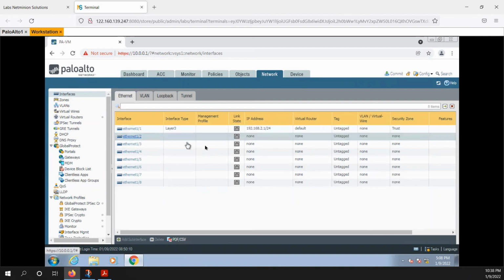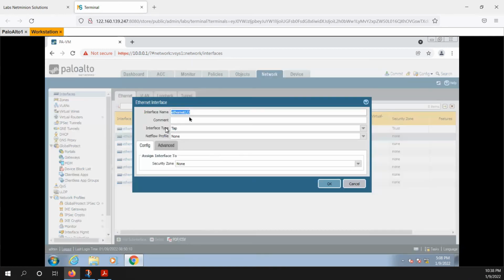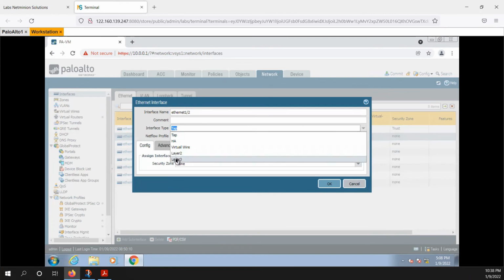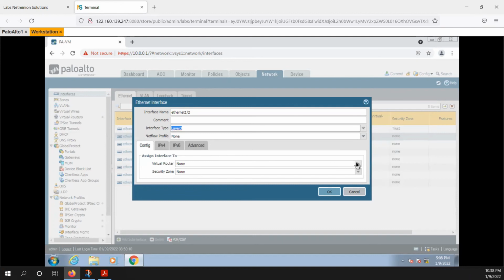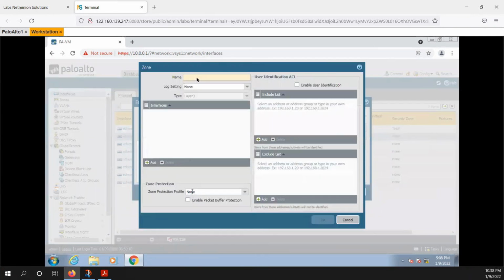So let's go to Ethernet 1/2, and let's assign an IP address over here. So for that, I need to configure this as layer 3. Need to assign it to the particular virtual router. So this would be part of the default virtual router, and for the security zone I would create a new one, and that would be untrust. So untrust, we are considering that as external.